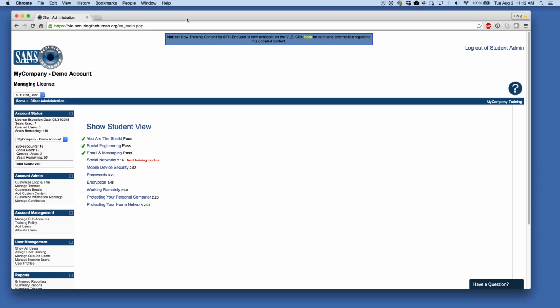So you should see my screen now. This is an admin view of the VLE. And I am actually logged in as a student administrator. What that basically means is there are a couple different roles within the VLE. You can either be an admin, you can be a student or a learner, or you can be both. So the user I am logged in as right now is to show you an example of someone who has a dual role,